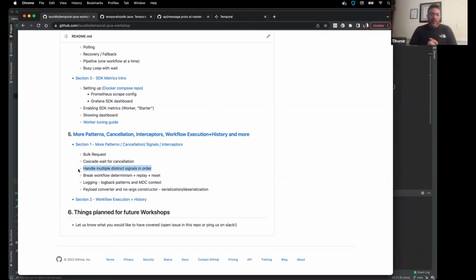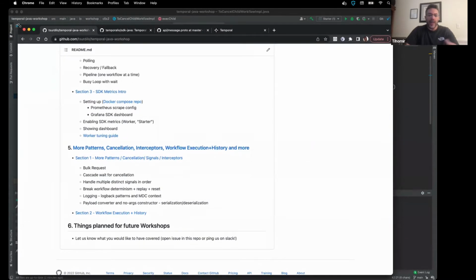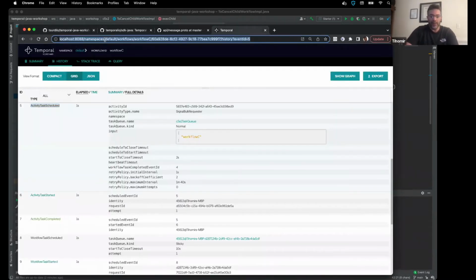And the next thing we want to talk about is handling multiple distinct signals in order. One thing users always ask is how to do this, because our clients can send a bunch of signals to our workflow. The signal handler methods are going to be handled in their own workflow thread. But if we really want our workflow to process one at a time, and we do have in our